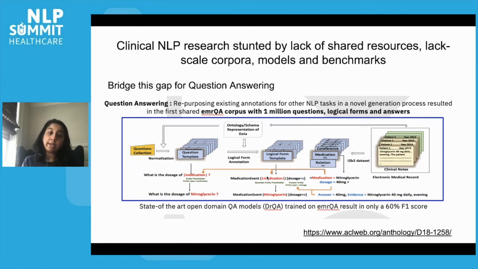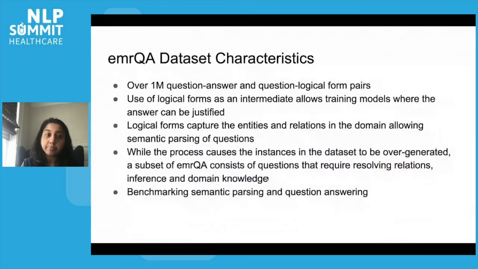Now, given this data set, we tried a state-of-the-art QA model back then, which was DRQA. And when trained on emrQA out of the box, we got a mediocre F1 score of about 60%, which says that there is room for improvement in light of all of the domain-specific differences that I pointed out earlier. So briefly, the emrQA dataset gave us over 1 million question answer and question logical form pairs. This is community shared, so it allows for researchers to use, critique, improve, as well as benchmark their models on